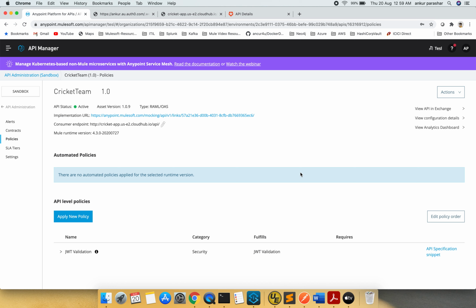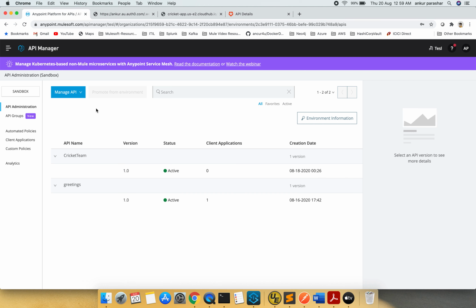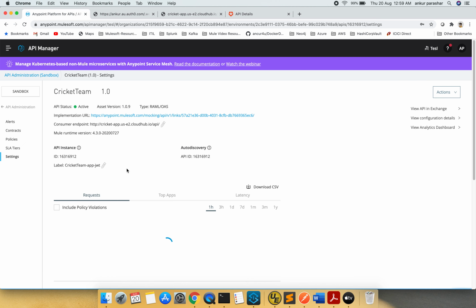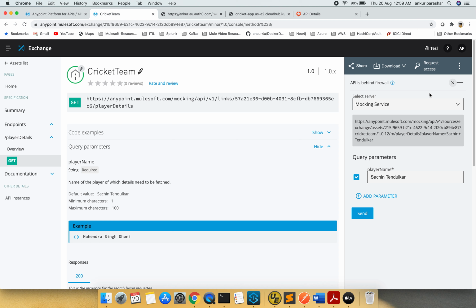So this is now done, and what I'm going to do now is go to API admin again and change. Okay, this is JWT only, so that should be fine. I will now go to the API exchange and look for the instance.